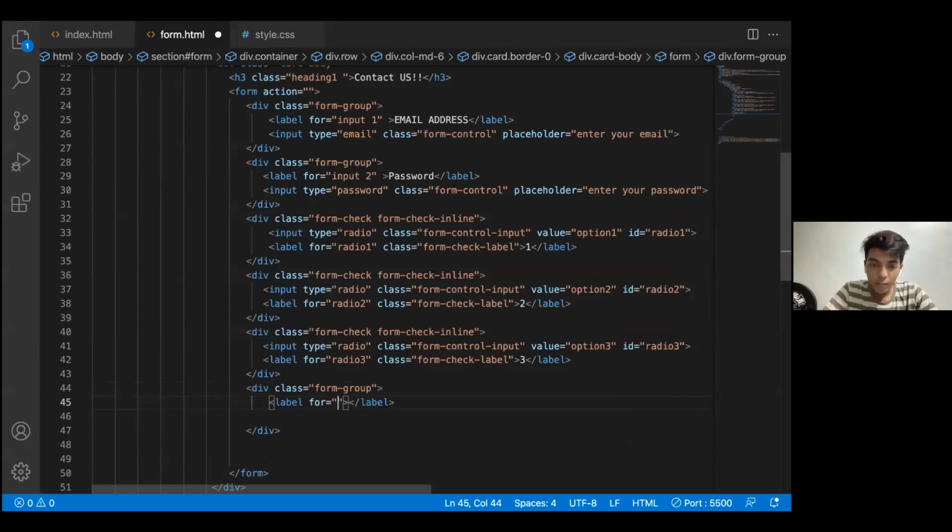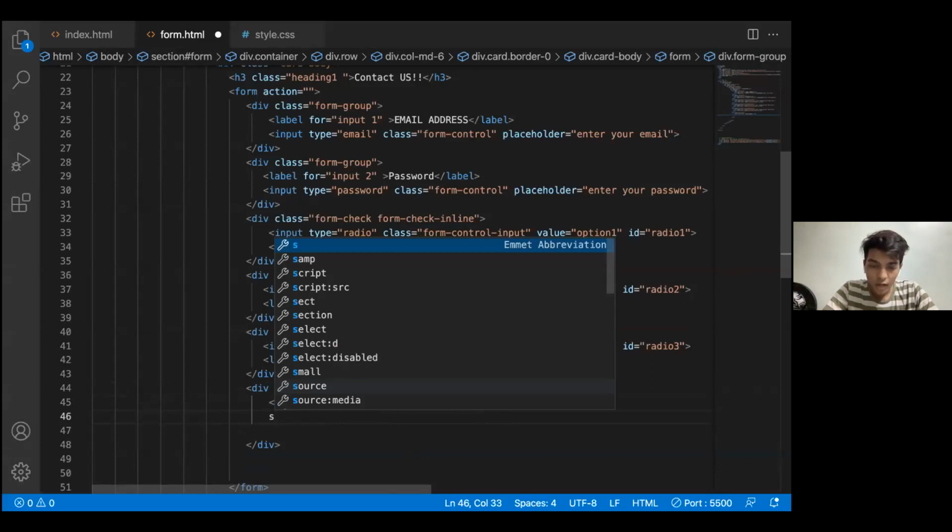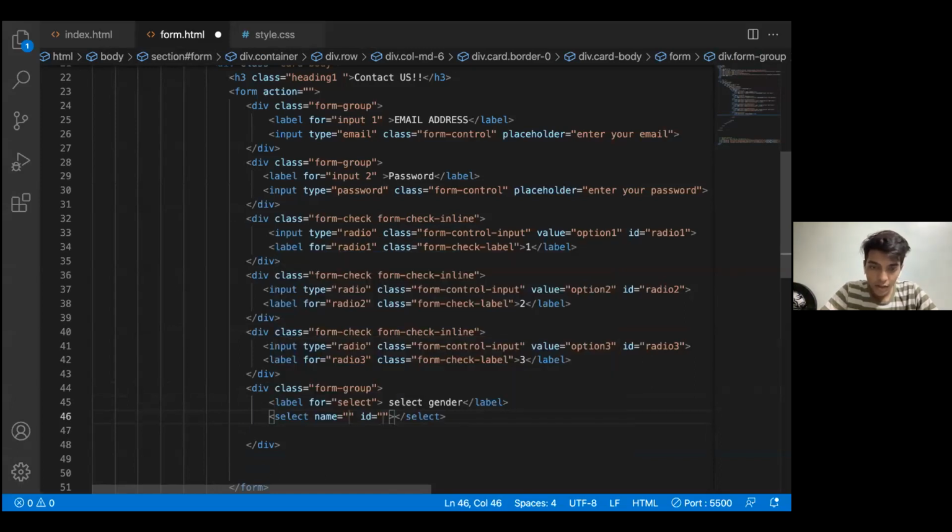And now I want a label, because we have a label and an input for everything that we make. I have a label to select things. I want to select things from here, and the label would be, I guess, say select gender. Yeah, okay. So now, whenever I want to select something out, I have to give it a name of select, and a part where I actually give it a class. So I'll be also using a select part here again. I'll be giving it a select. The name would be select because that is what this is.